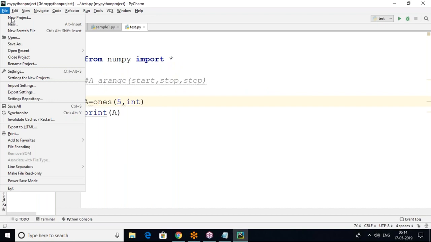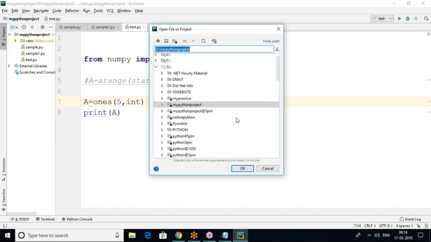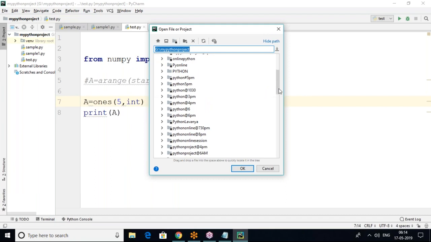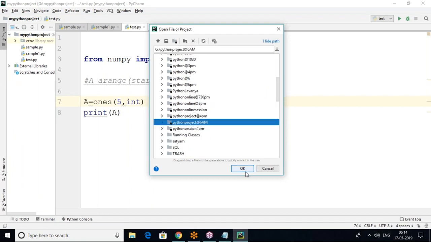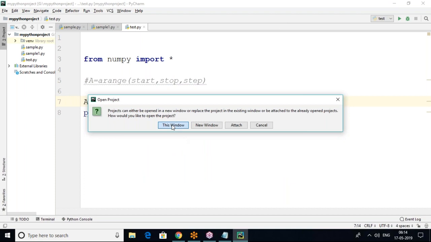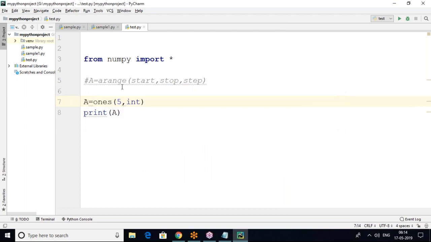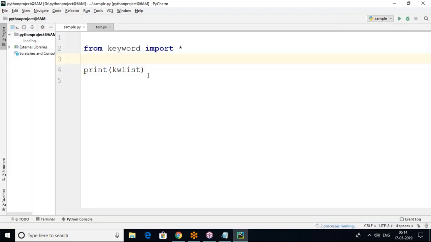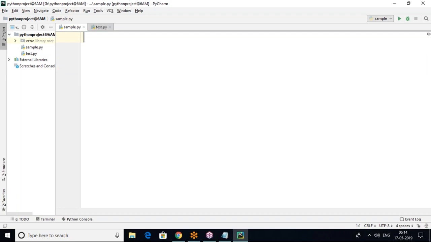Here, let's open our project. Suppose the variable is there, but it doesn't have any data. Let's write A equals None. A is a variable, but it doesn't have any data. And print A. So how will it be? Yes, when we execute this,